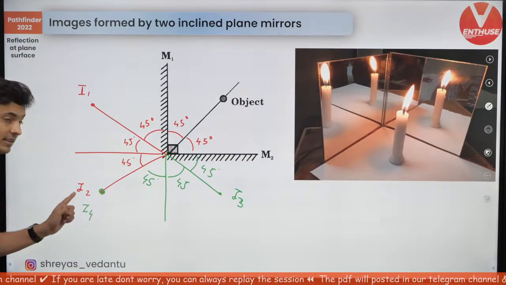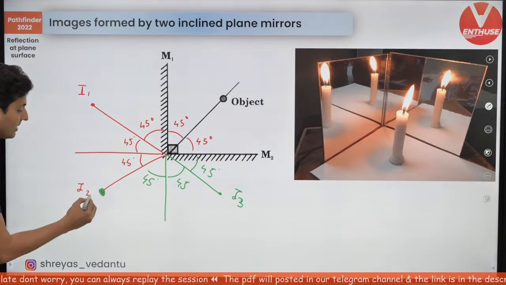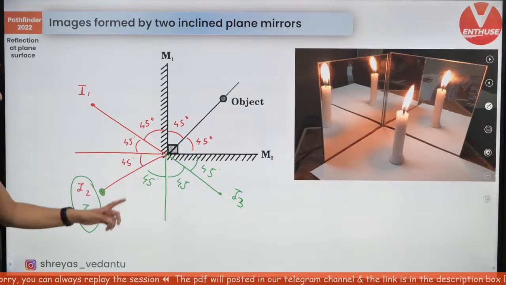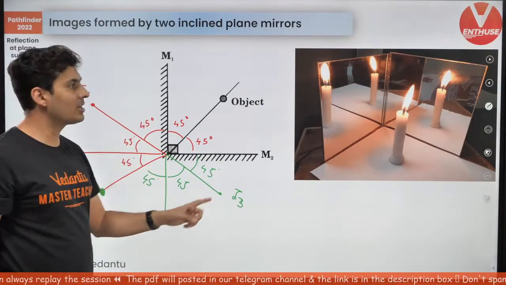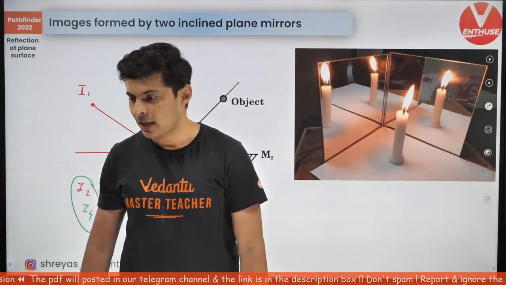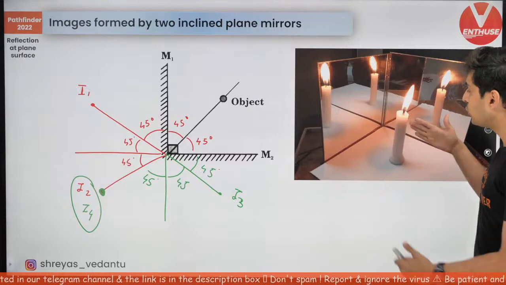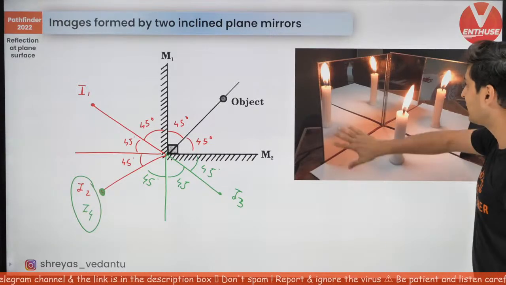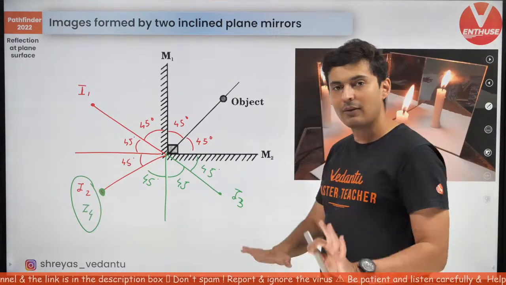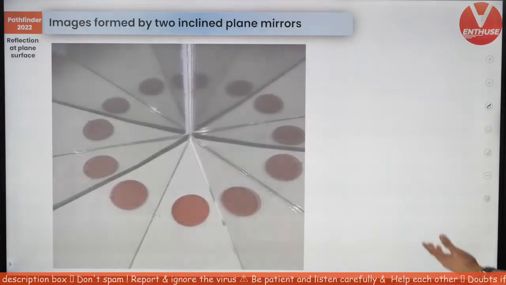Now, will you count these as two separate images or one image? Obviously, they are forming on the same thing. This is just one image. So 1, 2, 3. 3 images form. You can see that 1, 2, 3. Do you see that, my warriors? Yeah. So that's how you get 3 images because of 2 perpendicular mirrors. And you can see that right over here. Everybody understood? Let's do a question just in case you want more practice.